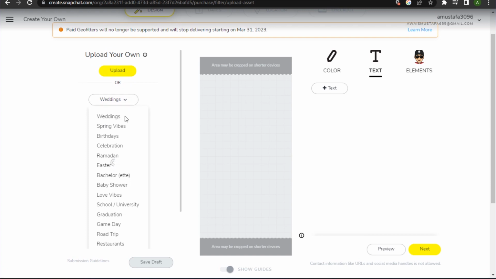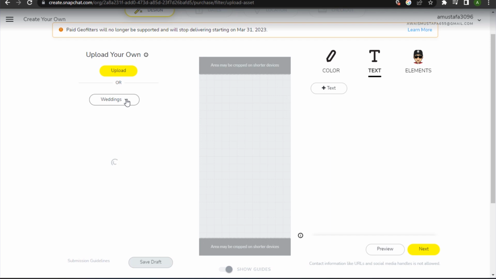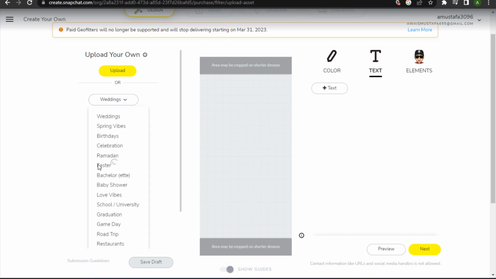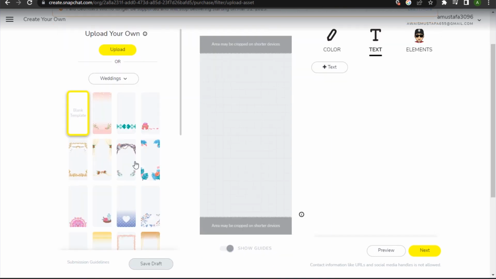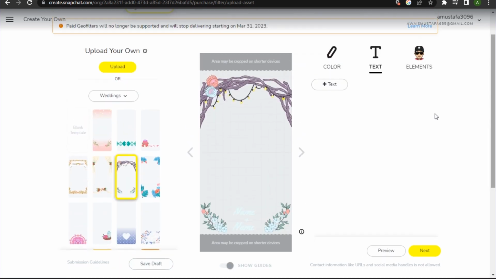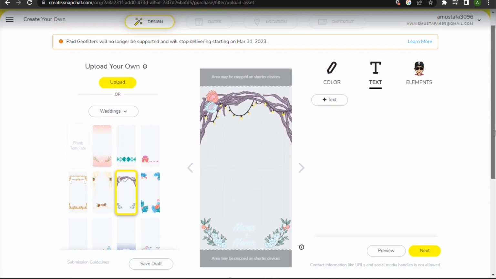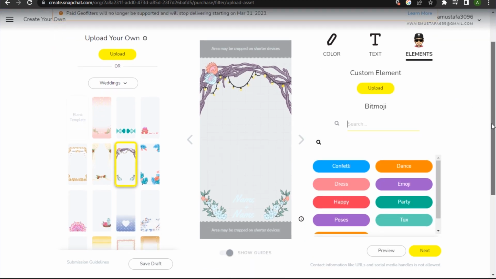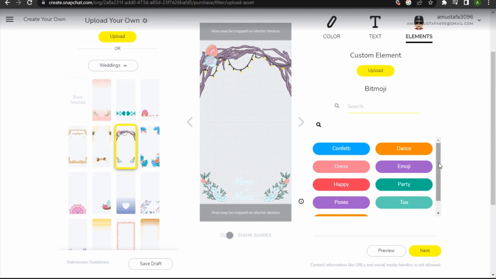So once you are done, you have to start by selecting your category. In my case, I am going for the weddings. Simply select one of these if you would like, and it will show you the templates according to your selection. So let's say I want to go with this one, and now let's go for the elements, which is basically